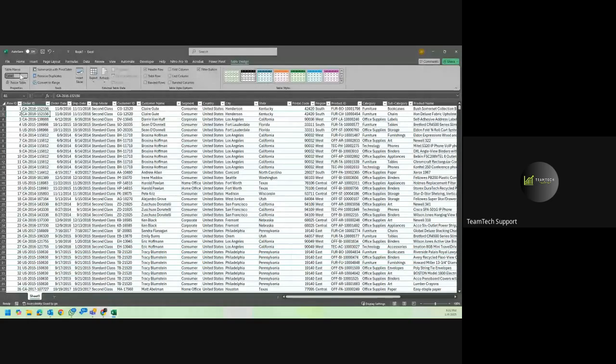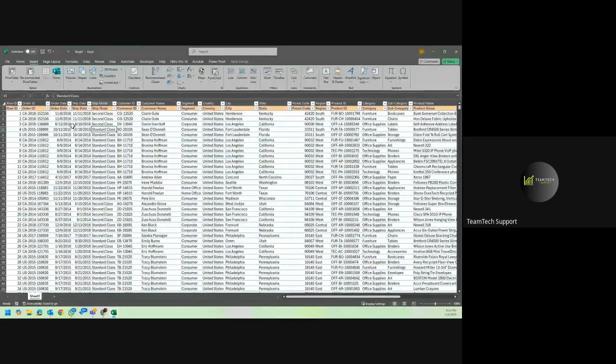Syntax error. I don't know what that is. Okay, Superstore sales, that will be the name of the table. So if we go to Insert, if you remember, using a table has its advantages. The advantage of converting to a table first, it's not necessary, but